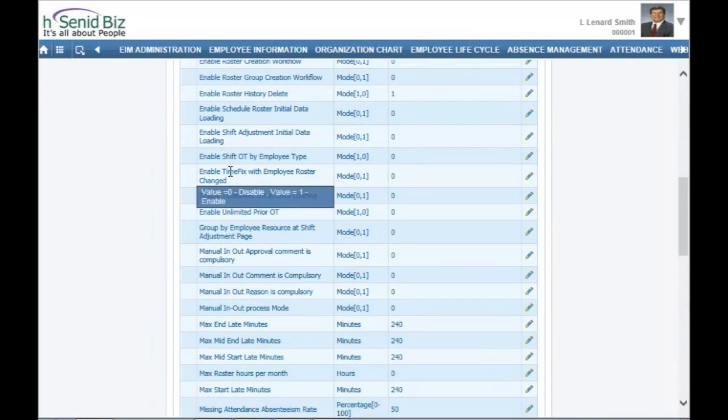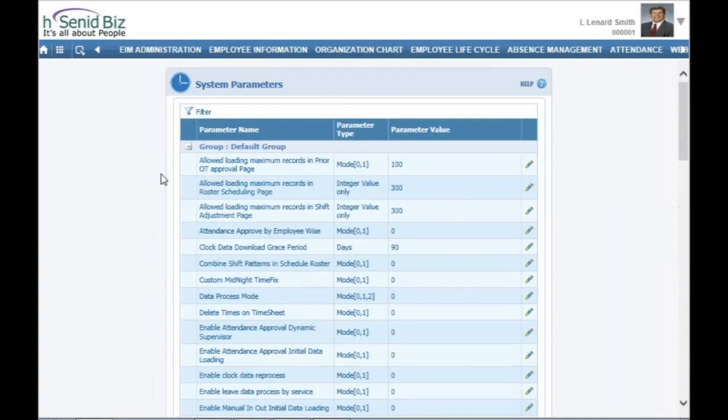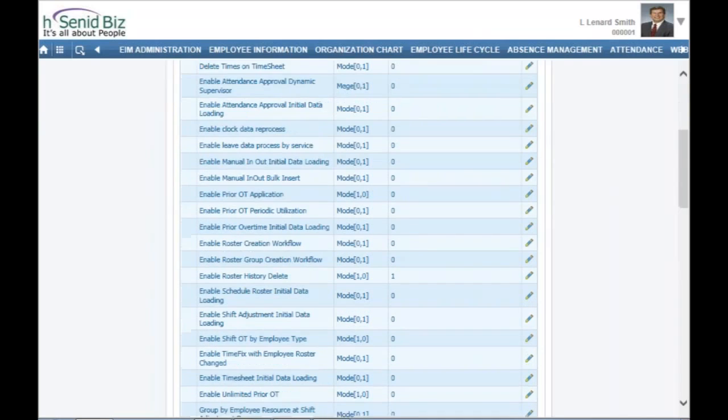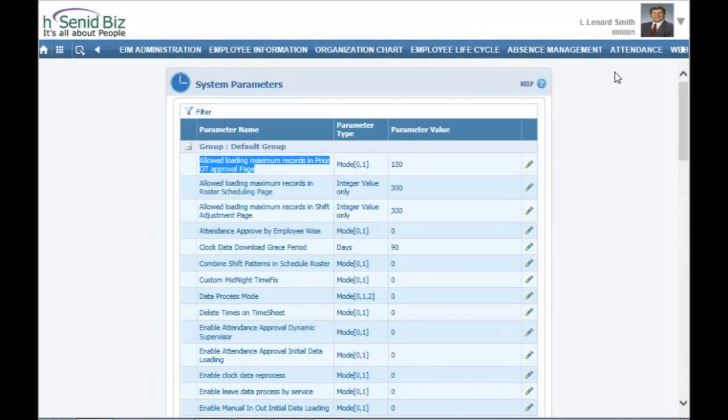You can just point your mouse on top of one and read the tooltip to understand the purpose. And the names themselves are self-descriptive. So let's move into the